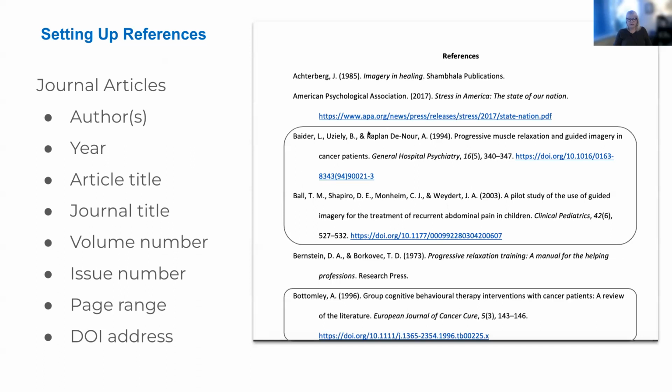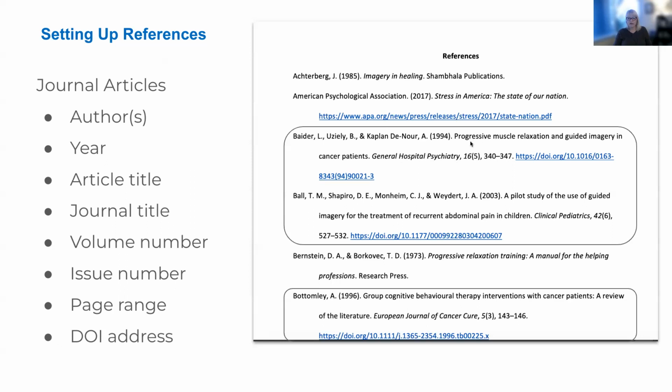You list them all, and before the last one, you use that ampersand. So these all follow that pattern. Here's how it looks with just one. And then you include the year. So this is the who, this is the when. The article title is the what, and then the where is where you found it. Here's the journal name, the volume, issue, page range, and DOI. With the year, all these are the same. You just put them in parentheses with a period after.